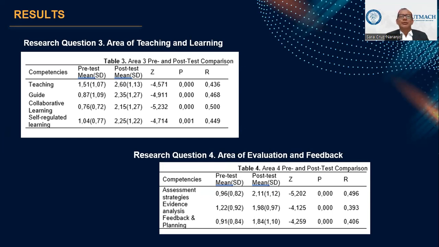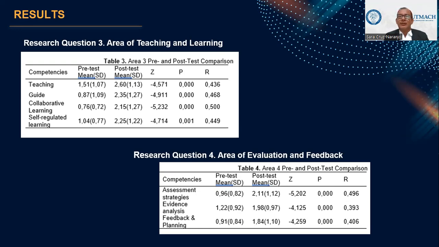Well, regarding research question 3, the area of teaching and learning. For this area, improvements were recorded in most levels of competence of the participants. Once the educational experience was completed, at level A1, the number of trainee teachers who were at this level was reduced from 36, which is 65%, to 5, which means 9%. At the A2 level, there was an increase from 11 to 17. Both means from 20% to 31%.